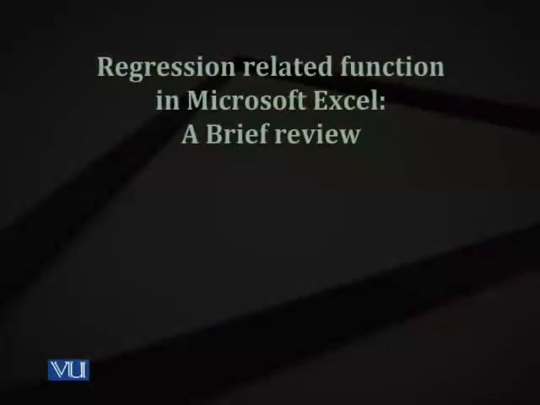Now we'll have a brief review of how we used Microsoft Excel to perform different steps in regression. As you know, we have 3 ways to use Microsoft Excel. First, we have some basic functions or formulas like intercept and slope and some others which we'll be discussing in a while. And then you have a function called line_st, which was very good, and it performs regressions for up to 50 variables.